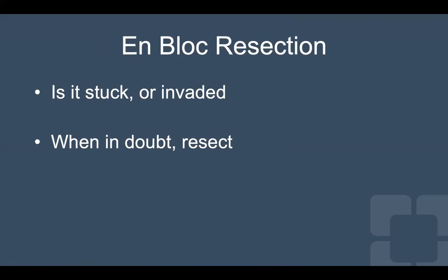I know very often with acute, quote, diverticulitis cases, people want to do sleeve resections of the colon, really do a minimal resection so that you don't put adjacent structures at risk. But if you believe you've encountered a cancer, that's not appropriate. And so if it's stuck or invaded, it really probably should go. You have to ask yourself that question. Is it just stuck? Is this just desmoplastic reaction? Can you finger fracture around this, or is there true invasion? And certainly when in doubt, you want to resect adjacent tissues en bloc with the primary specimen to achieve an R0